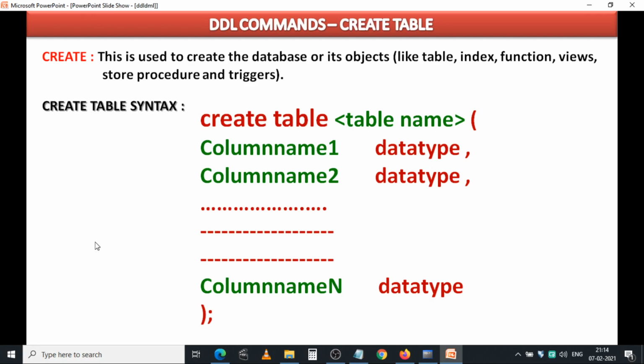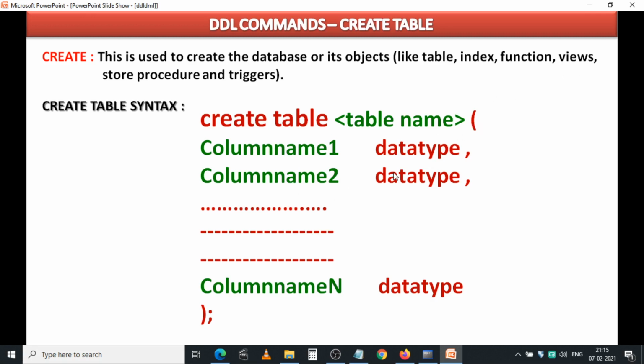Just go through this syntax and note it down carefully in your notes also. Create table syntax: create, and next table, and next you have to write the table name. Here table is a keyword, then the table name. Whatever table name you want to create, that table name should be right here. After that a bracket will be opened.